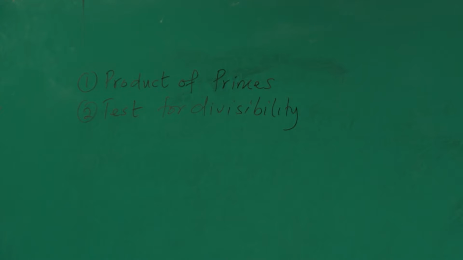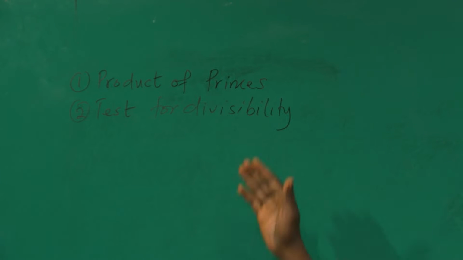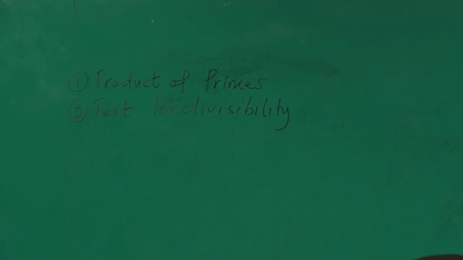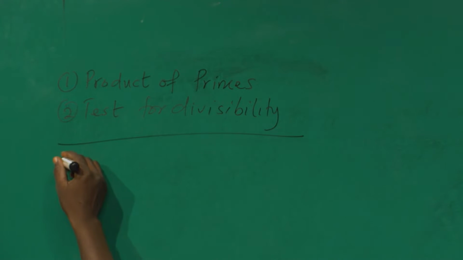For the purpose of today, for the test of divisibility, we have 10 rules, but because of time, we are going to take 5 rules, then we would do the product of primes. I think the last time, because of time, we left out the 150, so I would add it to today's question so that we'll recap what happened. So let's take an example. Find